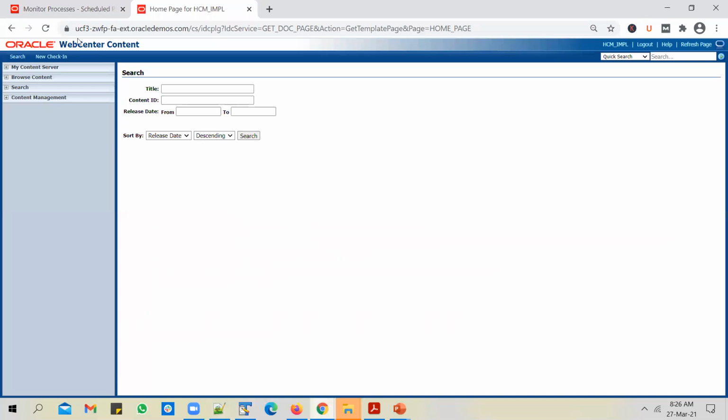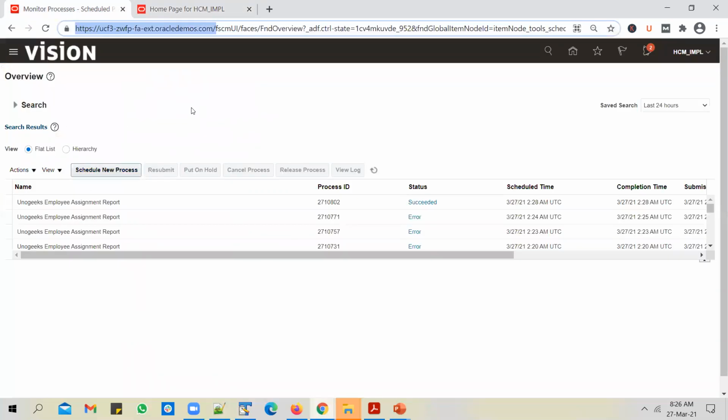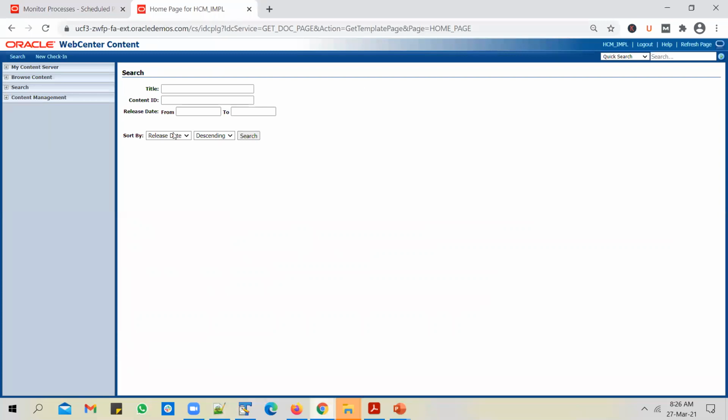So whenever you have to load something into ERP or HCM cloud, or whenever you have to extract something from ERP or HCM cloud and share it with downstream systems, you will typically be doing it to this space, to this content server or UCM or WCC. Everything means the same: content server, WCC, and UCM. People might refer to it with different names.